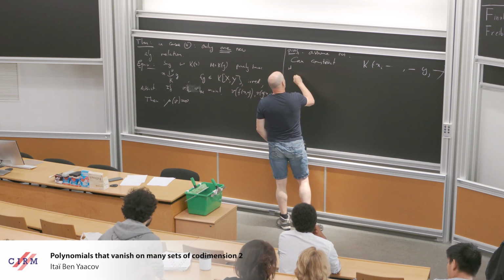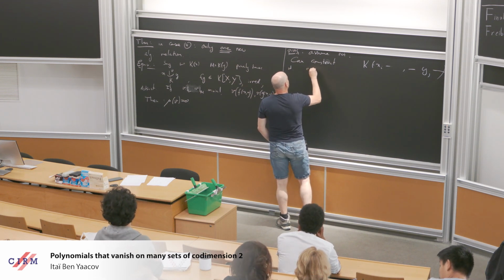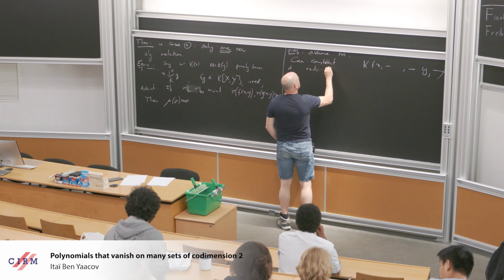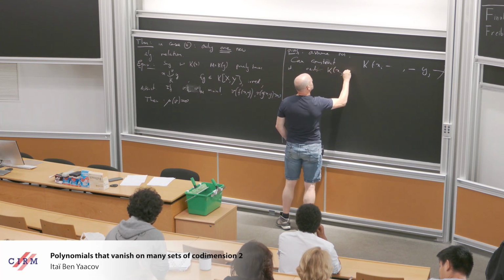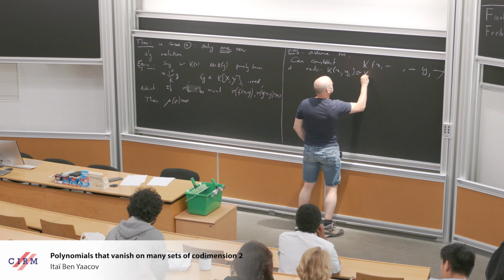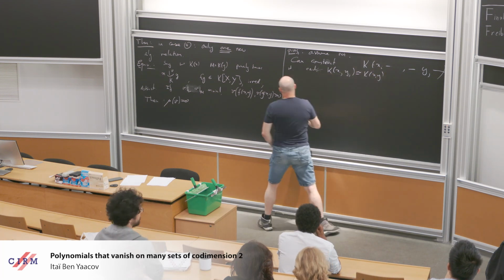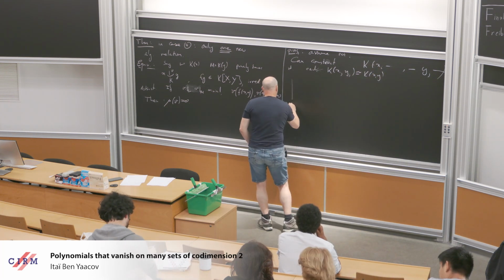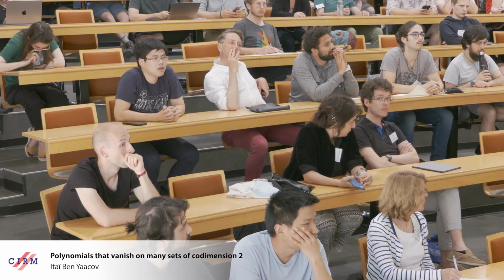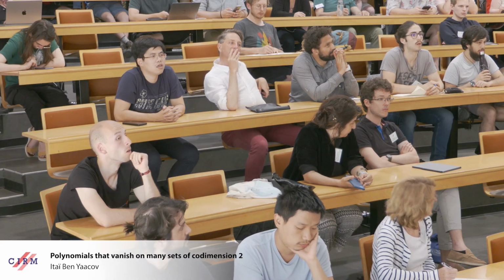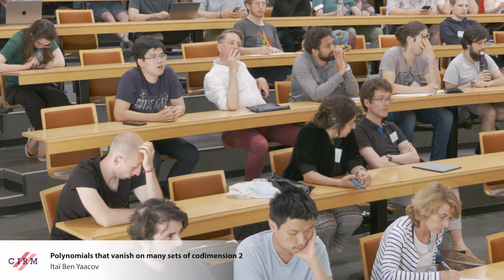So maybe put all the xi's here, and maybe put all the yj's here, and then for each i and each